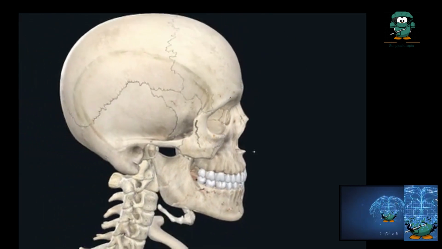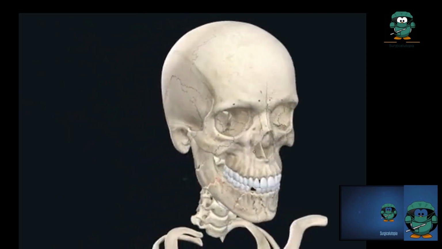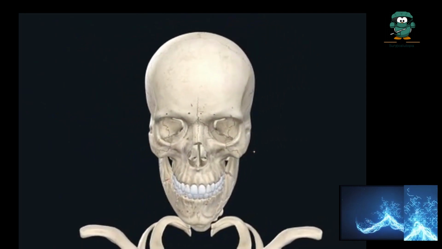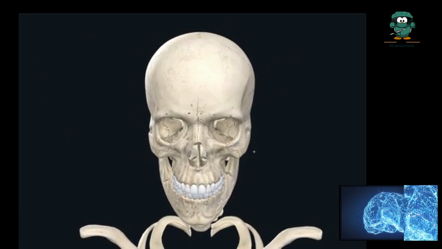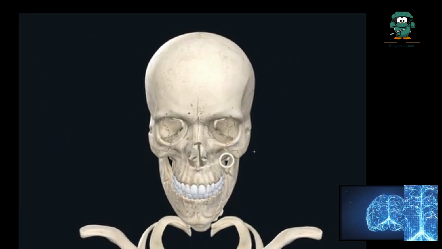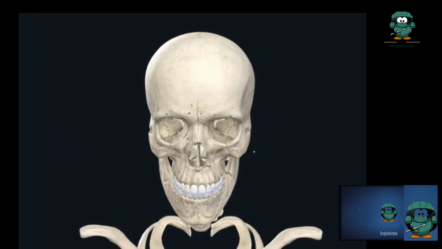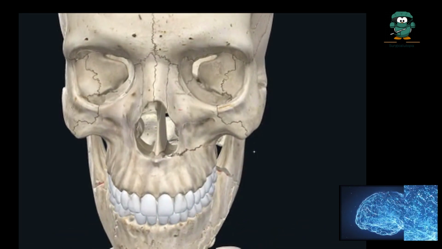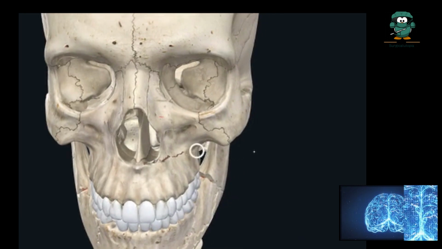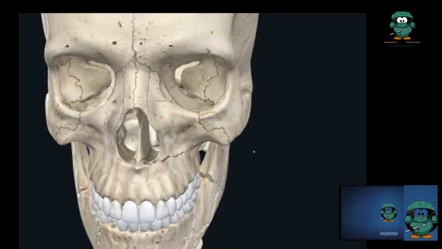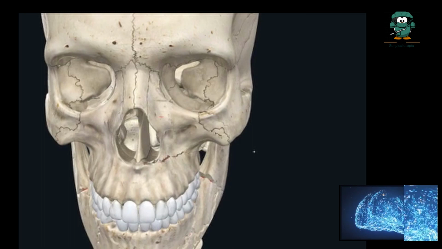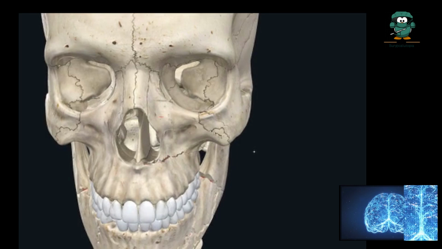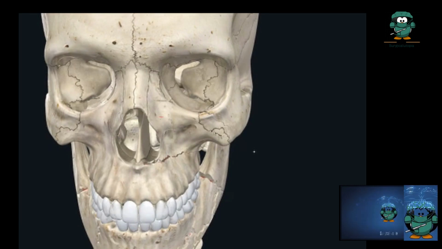Then in A4 fracture there will be a Le Fort 1 fracture, in which the fracture line will run from the lateral nasal aperture over here. See, this is the fracture involving Le Fort 1. Then A5 is a mandibular fracture involving a Le Fort 2 fracture also. And lastly, the A6 fracture. In this, the mandibular fracture involves the Le Fort 3 fracture.